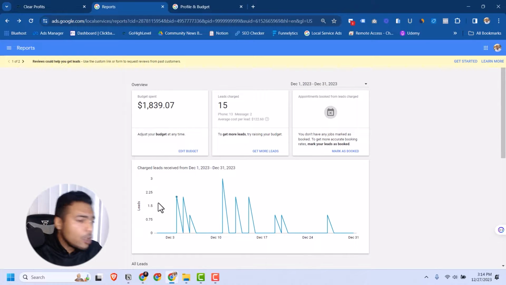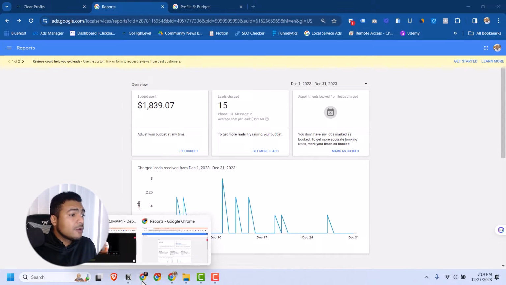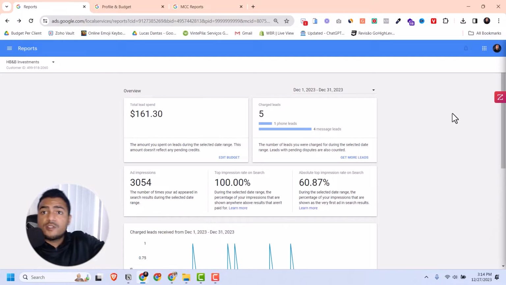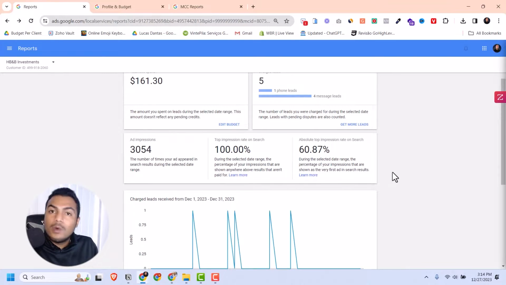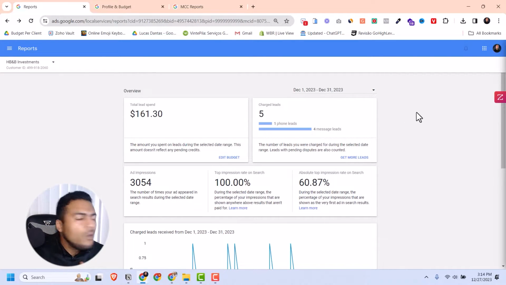But I'm also going to show another industry. This is a real estate client, and you can see on my screen the stats for the month of December. For this client, we have set the average weekly budget at $1,000, but during December we were not able to spend even $200. And of course, like I said, it's based on the number of searches and the number of clicks,